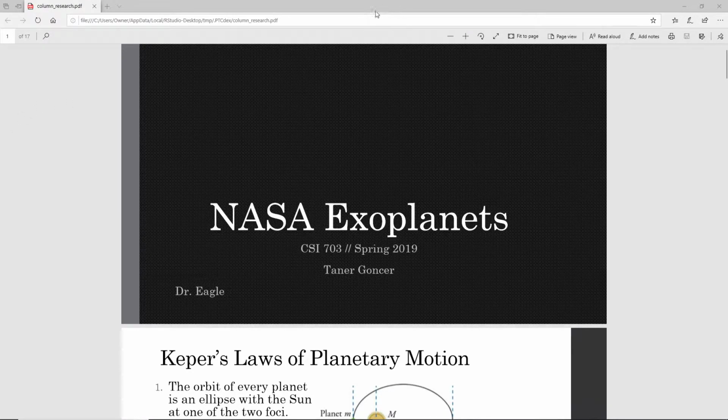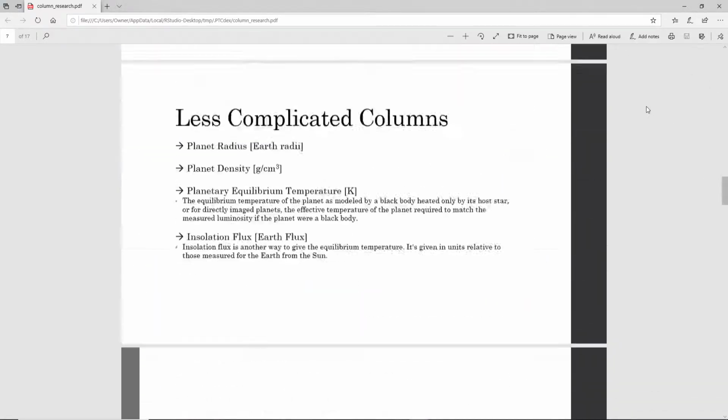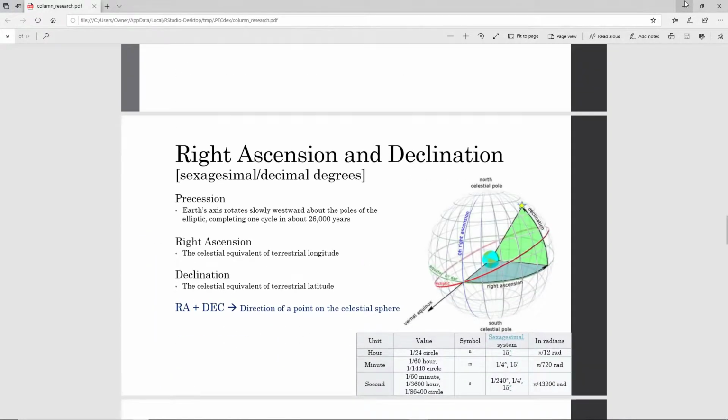This is the NASA Exoplanets archive report based on up to March 27th data. They started collecting, well, at least the data set here starts back in 1985 for planet observations, and it goes up till 2019. So, starting off, I did quite a bit of research on the columns, but I embedded this